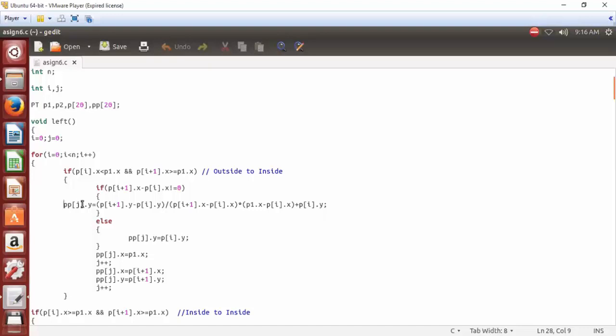That is the formula you need to remember for calculating the y value.